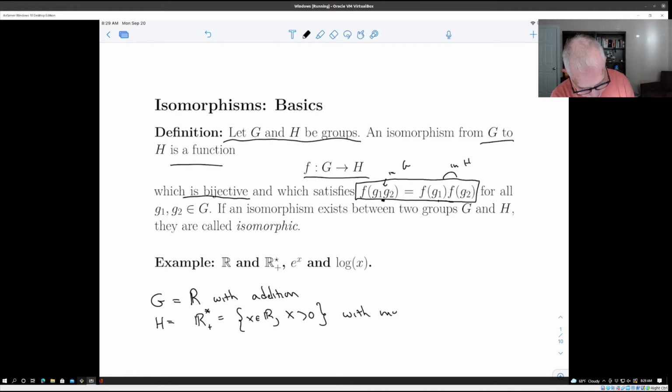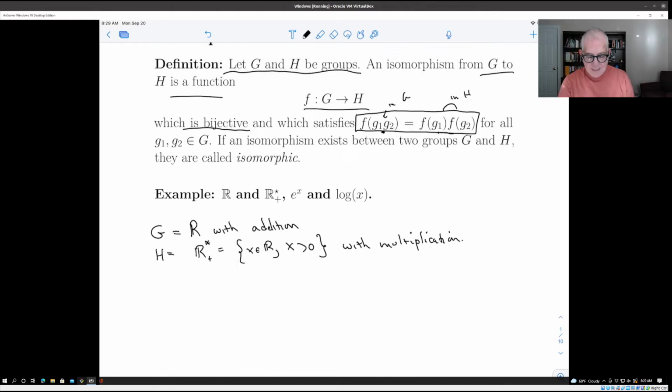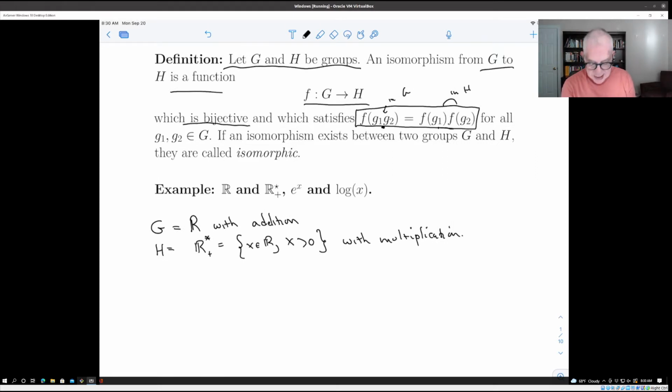Both of these are groups, and they seem quite different, but there's a function between them, and the function from R to R star plus is